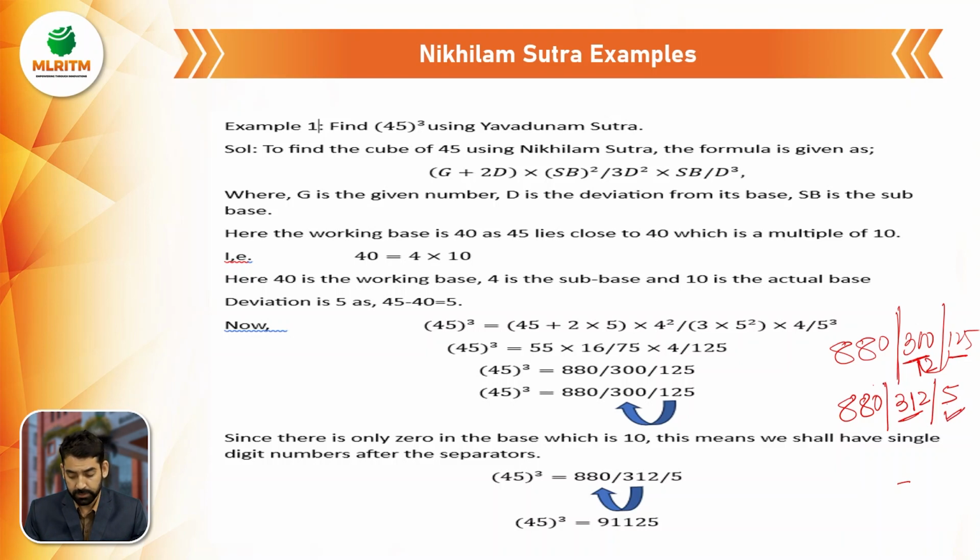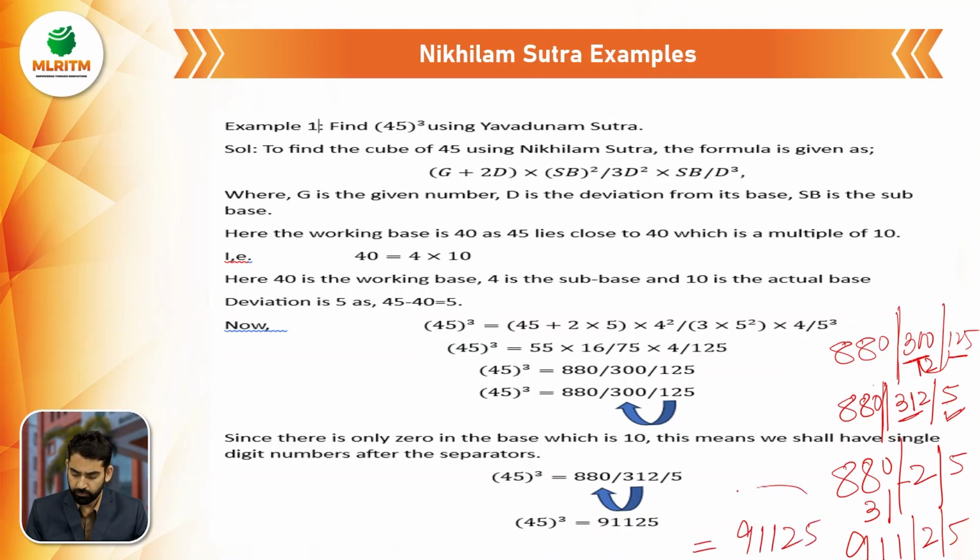with this one. After the first separator, there should be only single digit numbers, because the base contains a single zero. So when we take this 3 to here and this 1 to here, we are left with a single digit number, and then here we have again a single digit number. Now when we add these numbers, 1 plus 0 is 1, 8 plus 3 is 11, 1 is carried over to here, that becomes 9, this is 2, this is 5. So when we remove the separators and combine the numbers, this is 9, 1, 1, 2, 5,